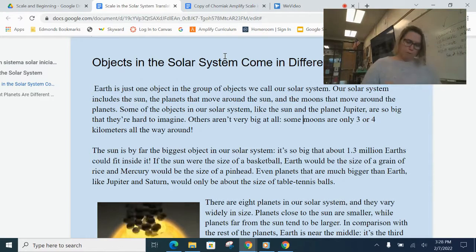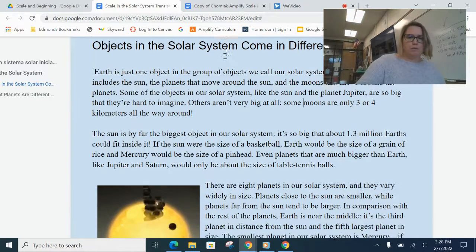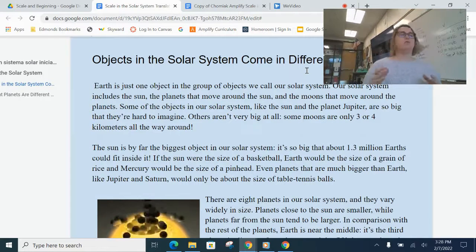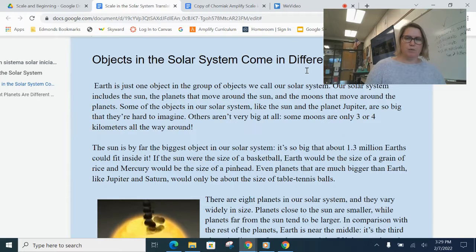Okay. All right, paragraph 2. Objects in the solar system come in different sizes. So we're talking about things in the solar system, different sizes. Earth is just one object in the group of objects we call our solar system. Our solar system includes the sun, the planets that move around the sun, and the moons that move around the